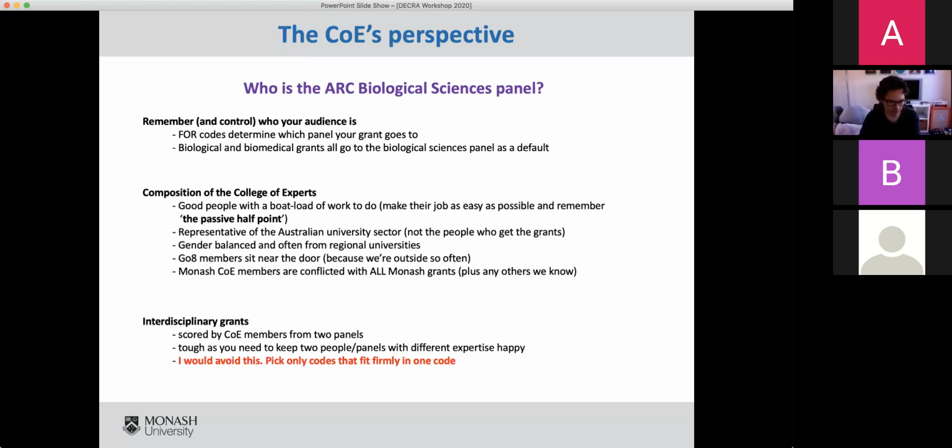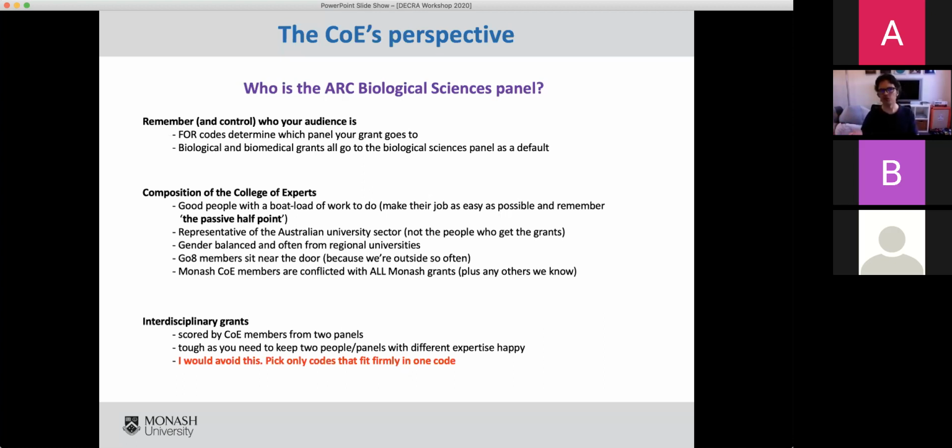And then she also makes a note about interdisciplinary grants. So this is interdisciplinary, not looking at two subdisciplines within chemistry or within biology or within maths. This is crossing discipline boundaries to the extent that there might be two panels. So if you write a grant that sits very obviously in biology and engineering, the risk there is that your grant will have to be assessed by both the biology panel and the engineering panel, and then you need both panels to decide it has to get funded before it will be funded.